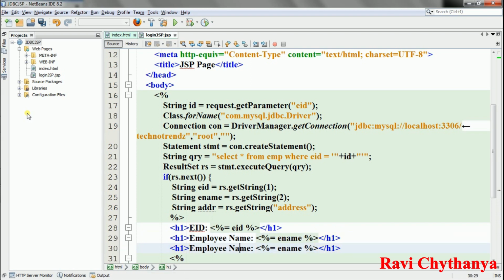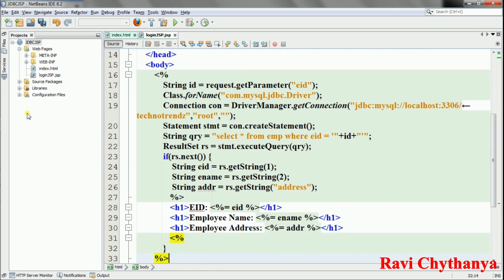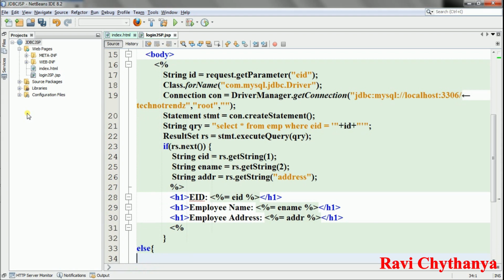So for that purpose, employee address, and I'm going to have here addr, and now what I'm going to do is else